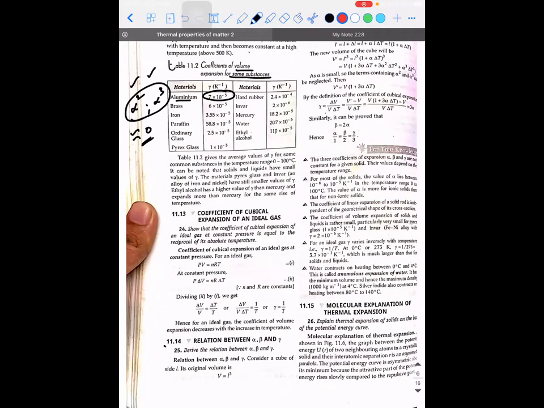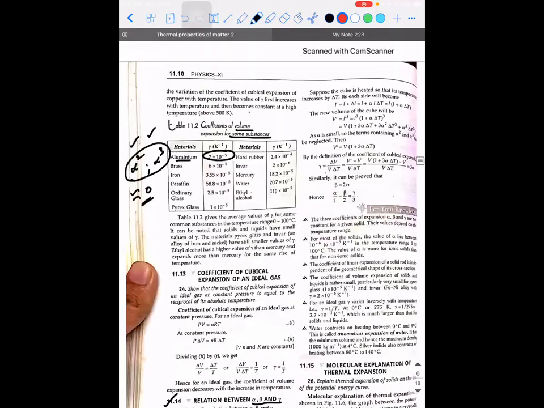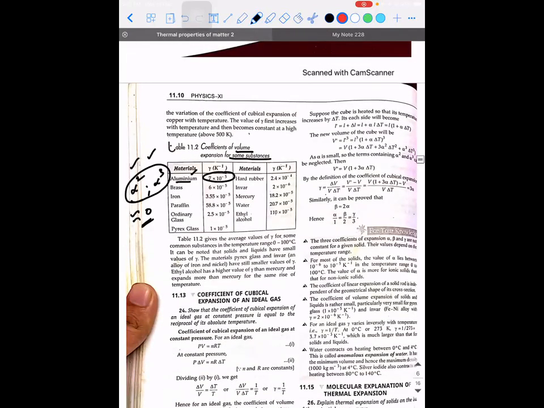Okay. Now comes an important question. That is the relation between alpha, beta, and gamma. So why we need to study the relation is because I can talk about the same material. See, alpha depends on the material. It doesn't depend on how much heat you supply. It depends on material to material. That's why they could confidently tell you that the coefficient of volume expansion of aluminum is fixed. Right? Are you able to understand?